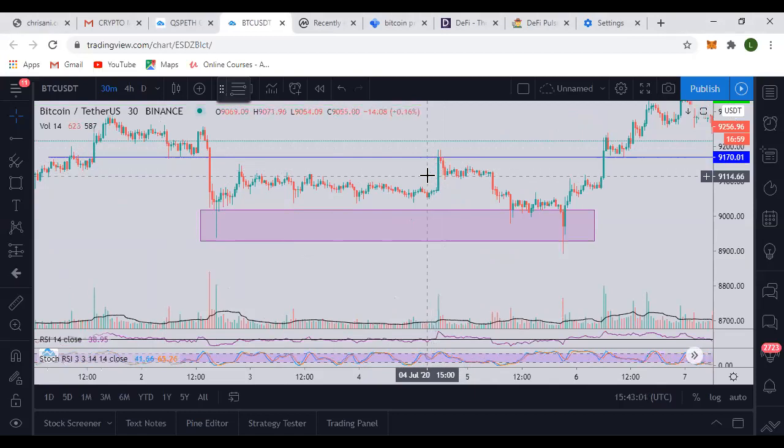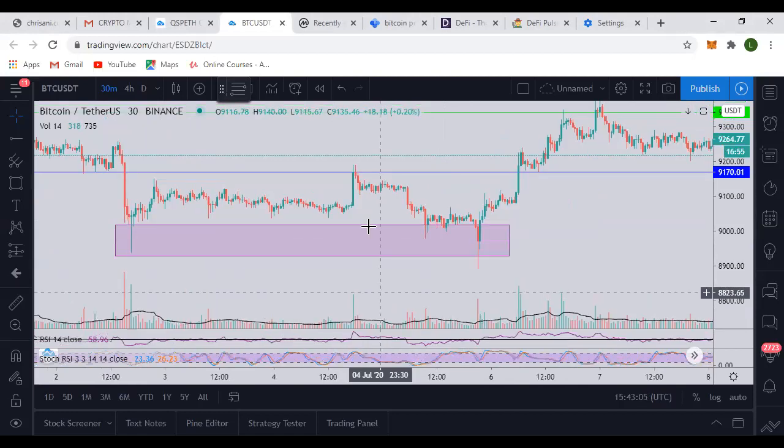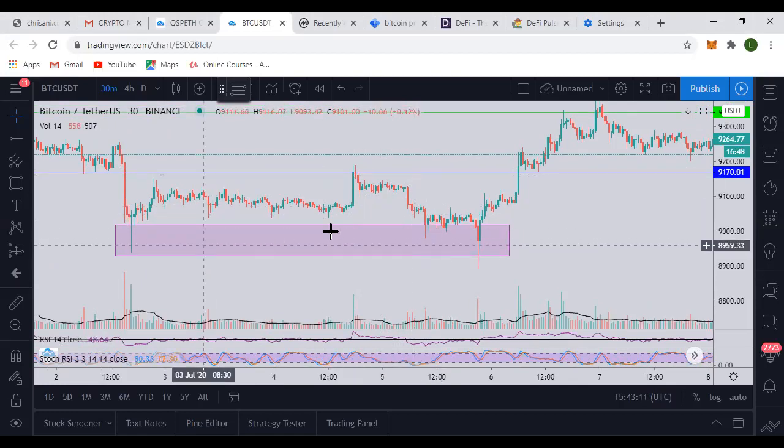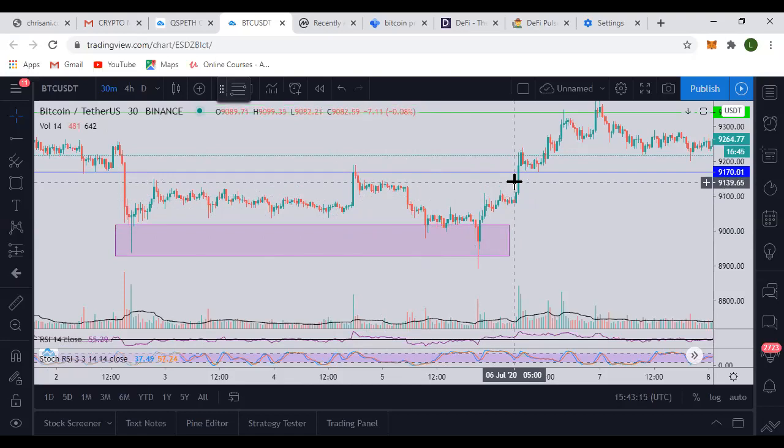Using the same law. Watch. This resistance here, this line, the price now ranged inside this range from this former support to resistance. It ranged and ranged and ranged, and then came out and broke. It had a breakout through the resistance, and then it came and settled on that former support. You can see it here.